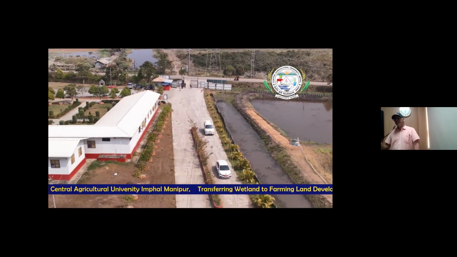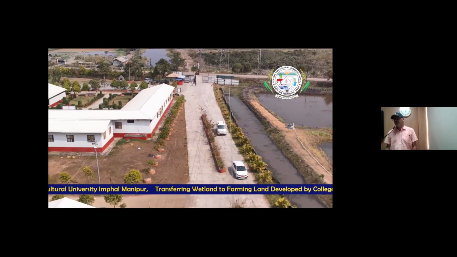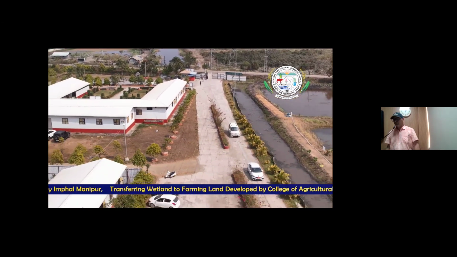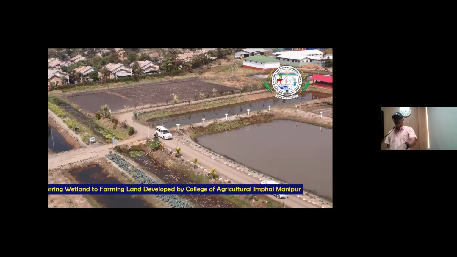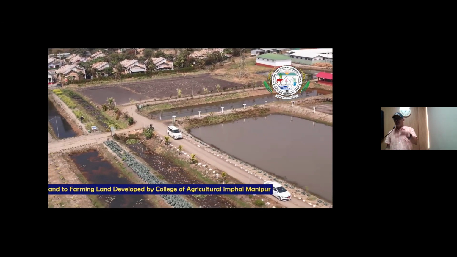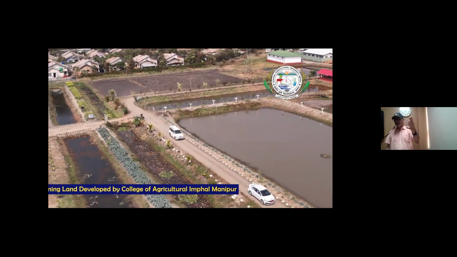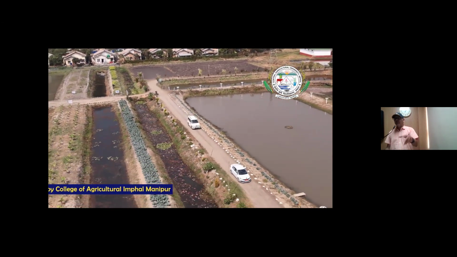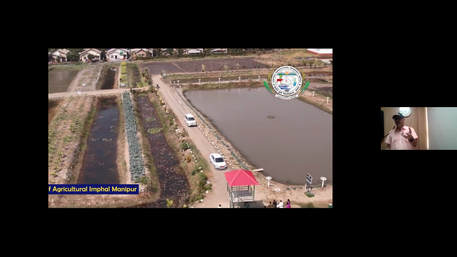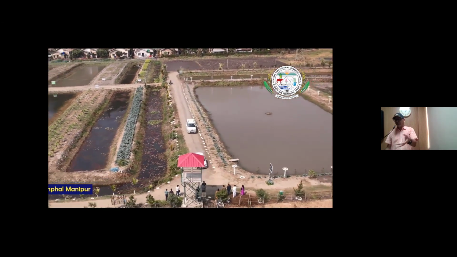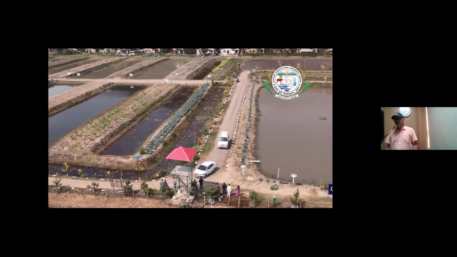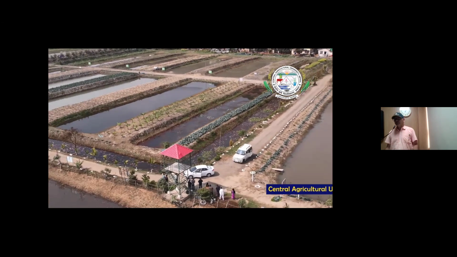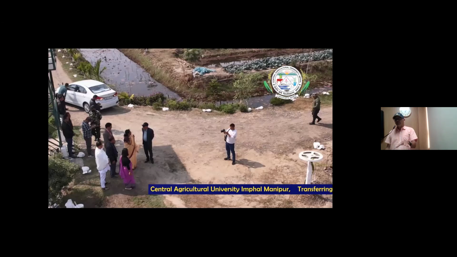Initially, sir, this is the situation of this water farm. Before 2020, nothing was there in this farm. You see, sir, that is the sunken bed and raised bed. On the raised bed we are using vegetables as well as fruit crops, and in the sunken area we are putting water plants like water spinach, mimosa, and local plants. Fish is also released there. The central farm is situated along the Imphal-Tamenglong Road. You see, sir, we have developed it completely.